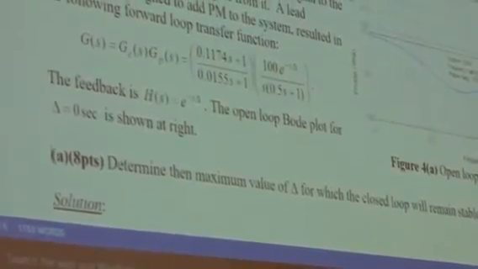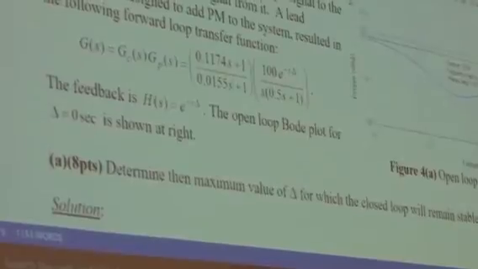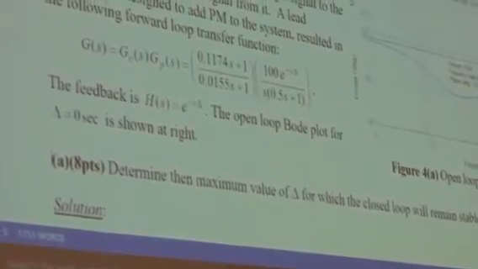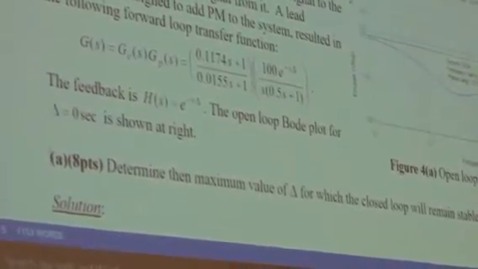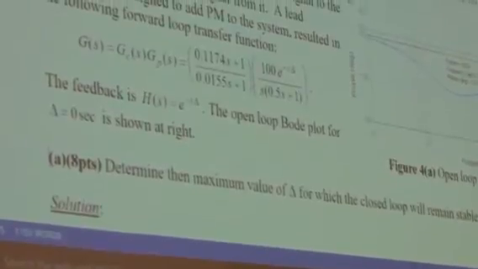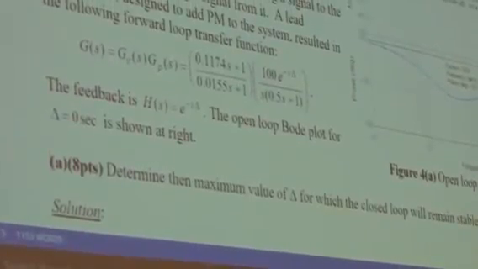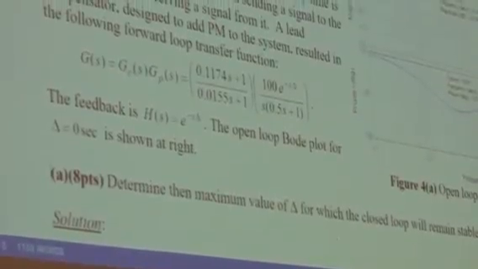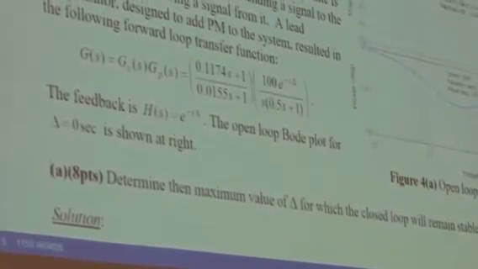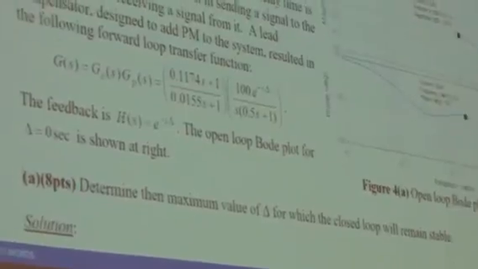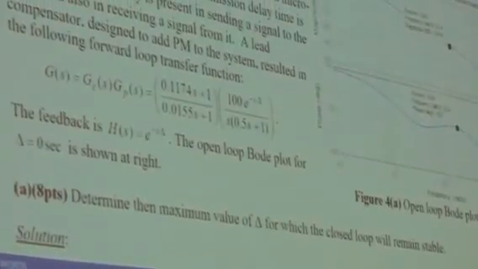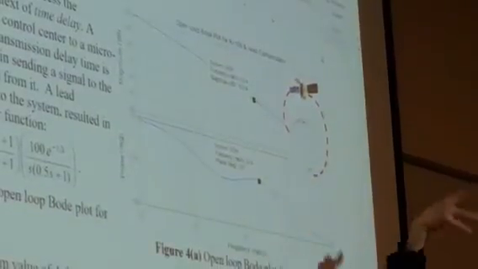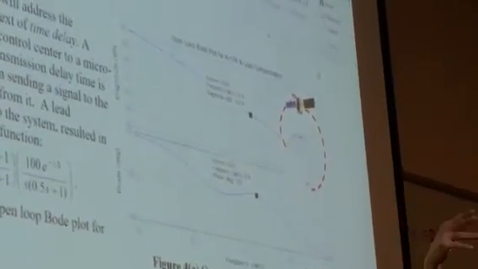That's really important. It's the open loop that you use to get the closed loop stability, isn't it? 1 plus GH equals 0, right? Remember that? It's not just 1 plus G. You can't ignore H if H isn't 1. So the feedback loop is H, and the open loop Bode plot for delta equals 0 is shown at right. And I'm giving you this information here,